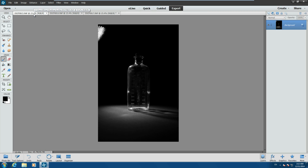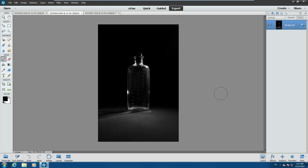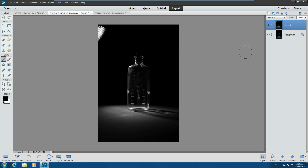So the first step is we need to get these three images into a single document. There's a couple of different ways you can do that. One way is to select the document. That's Control and A or Command A on the keyboard to select all, and then Control and C or Command C to copy, and then go over to one of our other documents, and then Control and V or Command V to paste, and you can see we've pasted our other image as a layer in this document, so we can close that